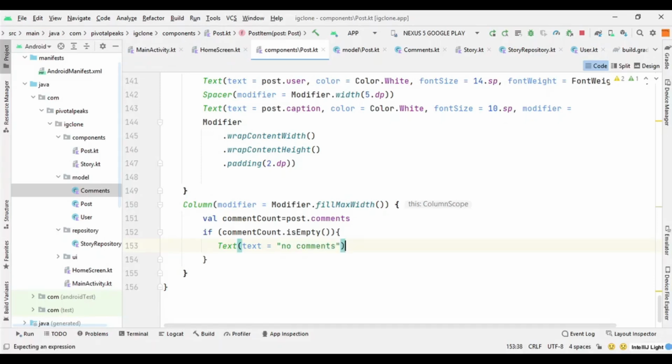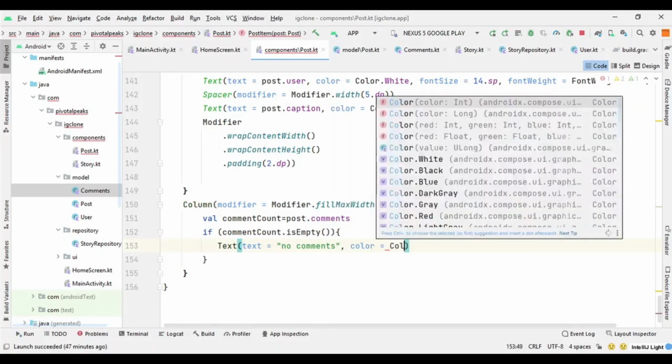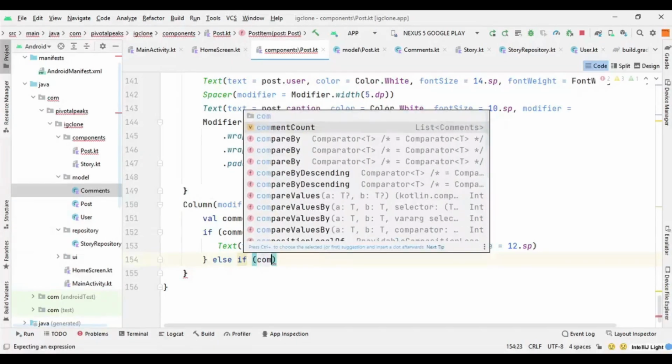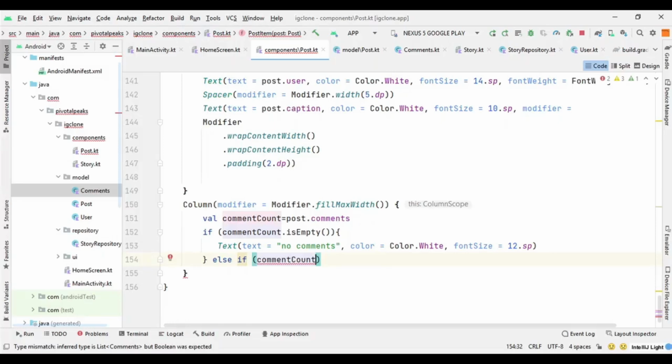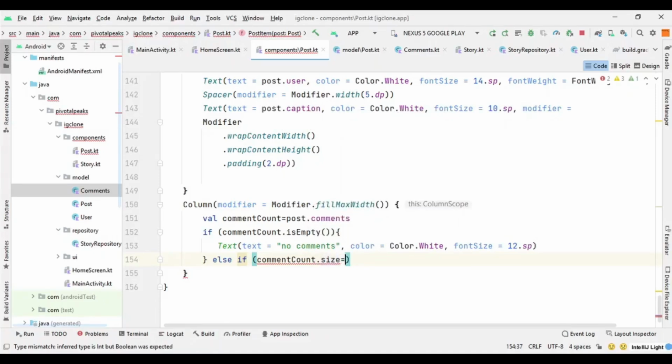Let's say no comments yet, and let's give it a color dot white, and font size 12.sp, and after that we can say else if, and here we will say if commentCount dot size equals 1. Then we will say,